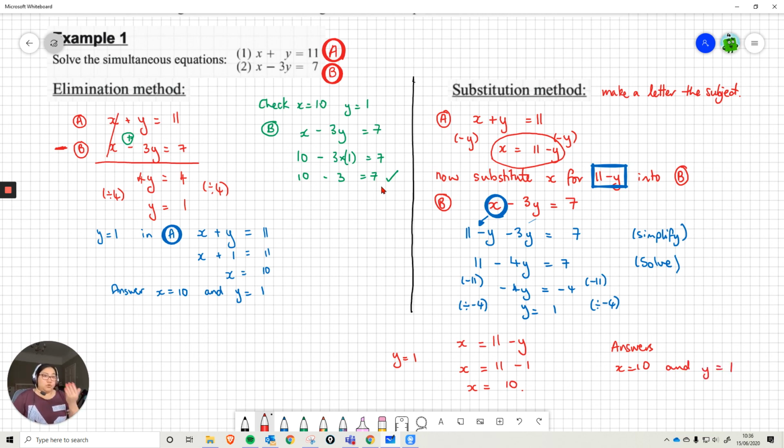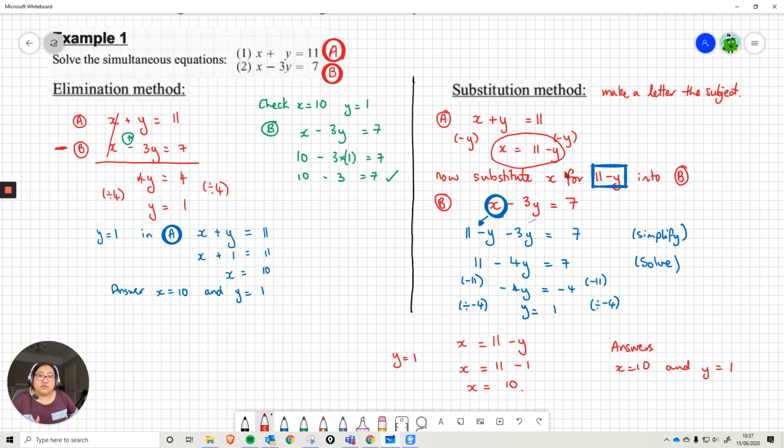Now, it depends on which you prefer. I'm not a massive fan of substitution method when you have 2 equations that look like this. If you have a single x and a single y, so if you don't have any x squareds, if you don't have any y squareds, if there are no indices involved, I always prefer the elimination method. If there are indices involved, so if you happen to have an x squared or a y squared or both, then I prefer the substitution method. It's actually really difficult to do the elimination method when indices are involved, which is why there are 2 methods